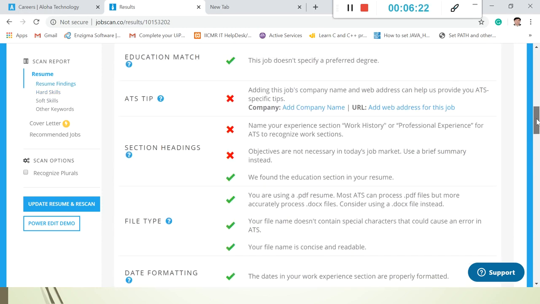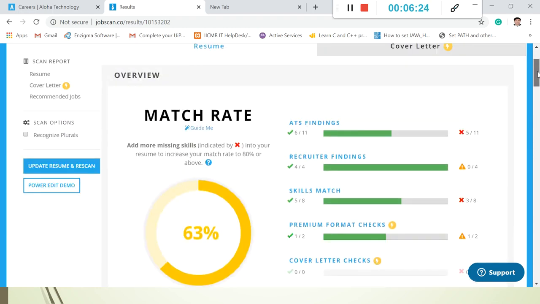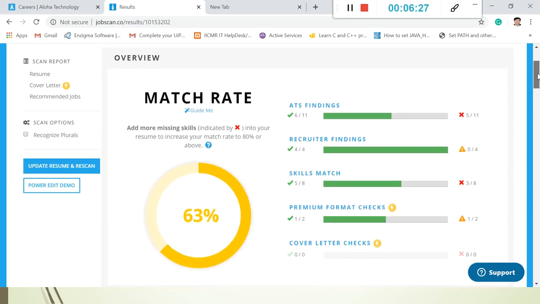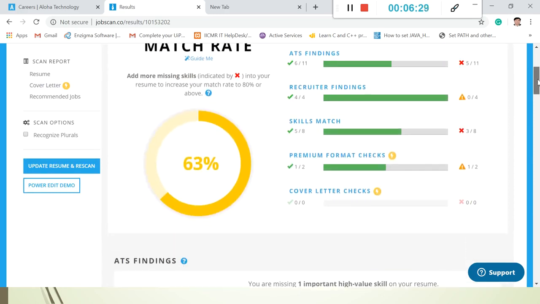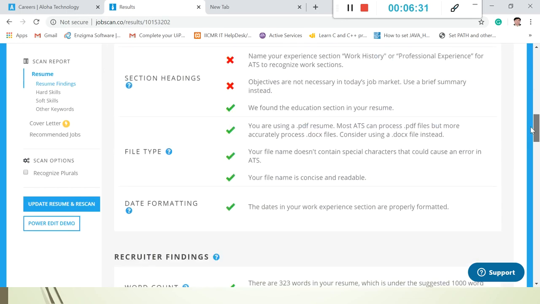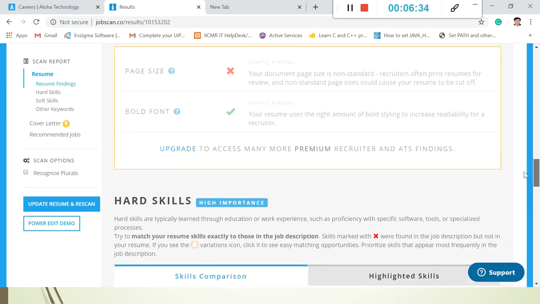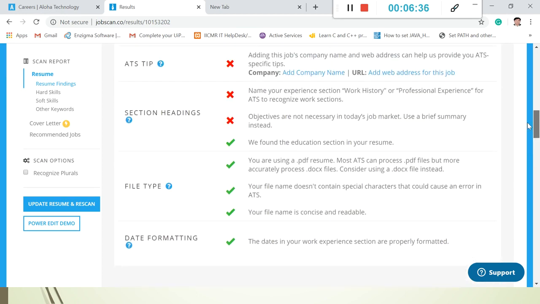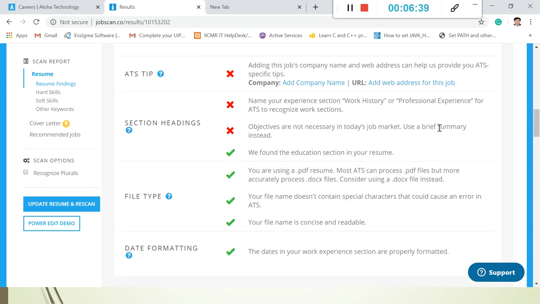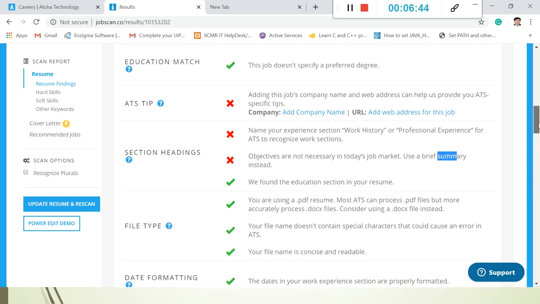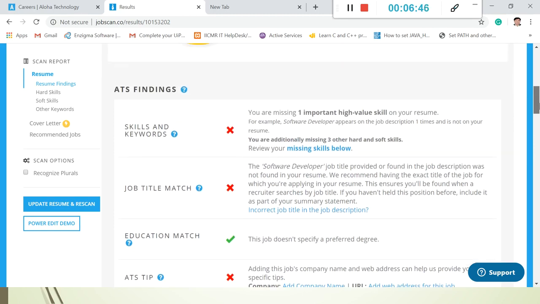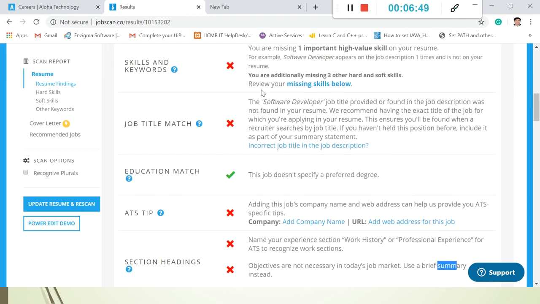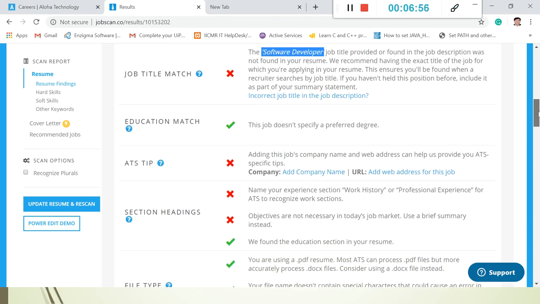So if we observe here, before sending this resume, we have to make these modifications. Now what are the modifications? First, he has to write a summary instead of an objective. Second, he has to use the keyword software developer, which should be mentioned in his resume.